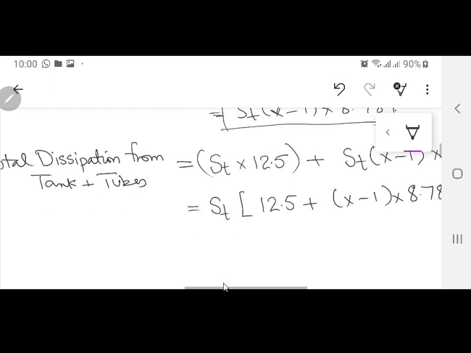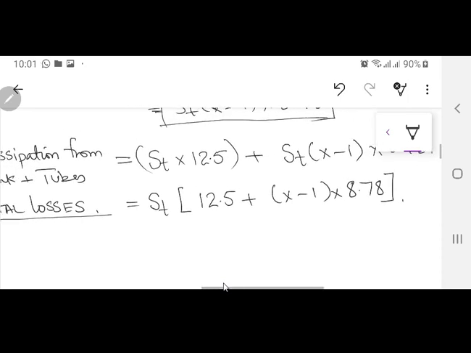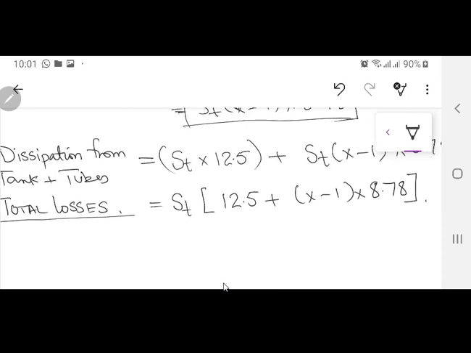So what is this? Over here I have the total losses that you want to dissipate. So what I have got now, मेरे पास एक फॉर्मूला आ रहा है, इस फॉर्मूले में I just have to feed in the total losses. I know already because from the design of the transformer. Surface area of the tank मुझे पहले से पता होगा because tank मैंने डिजाइन कर दिया है based on the clearances and all that stuff. X is going to be the unknown value.